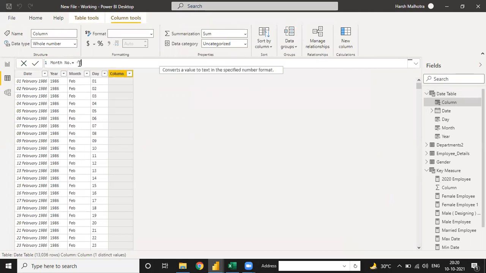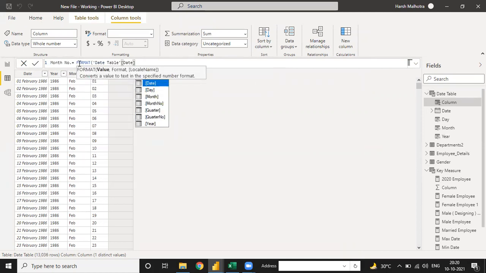Give the example of format, and the value is the date table's date column, and format into a 2-digit. Just enter.